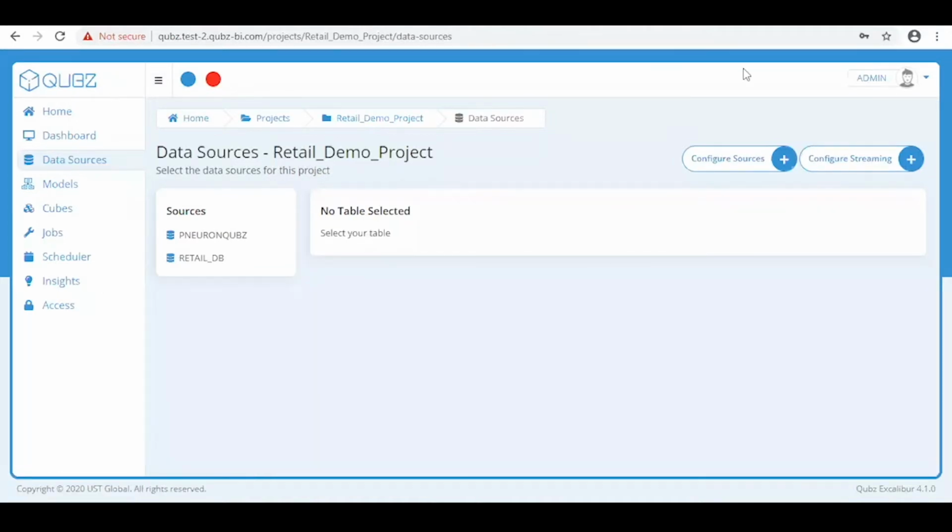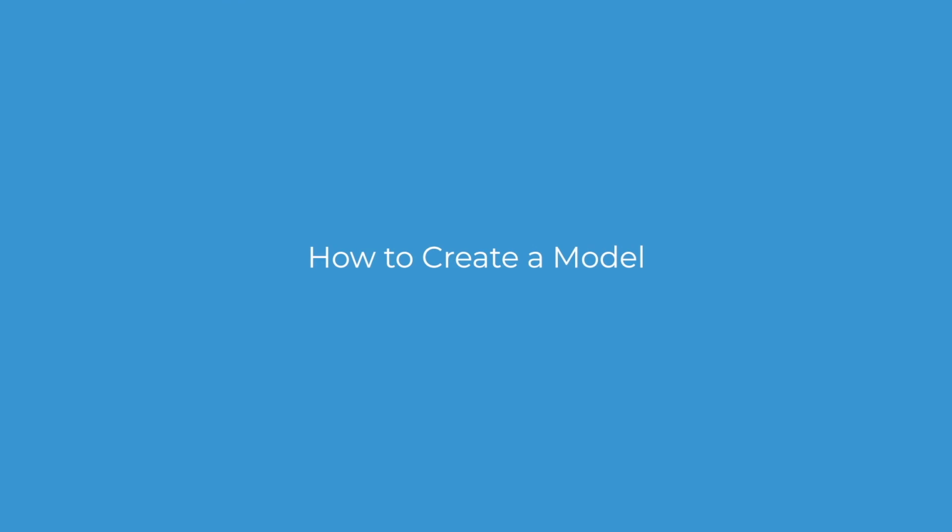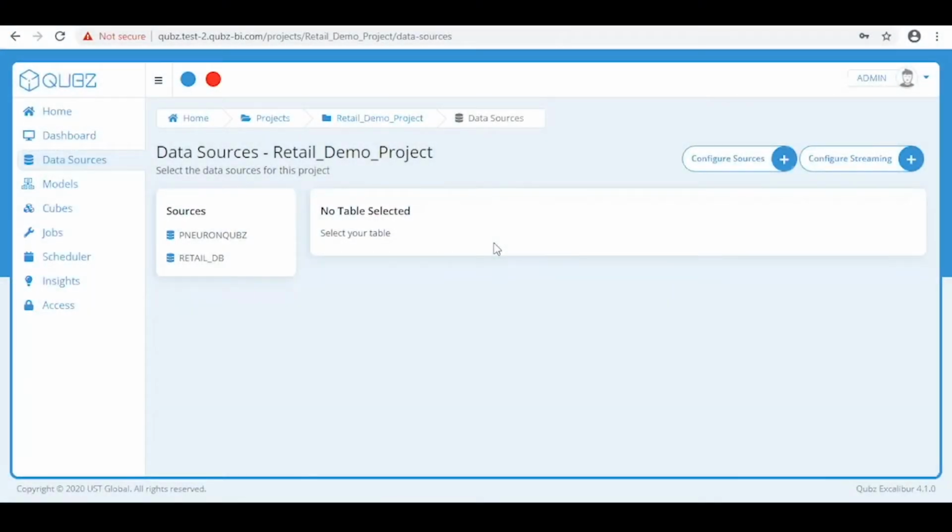After successfully configuring data sources for the project, you now have the ability to design models on which your cubes will be defined. The data model can either be a star schema or a snowflake schema. One data model can be referenced by multiple cubes as well. To design a model for a cube,